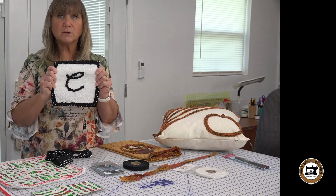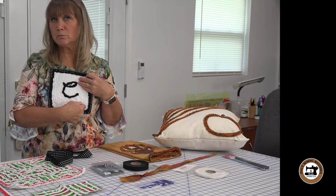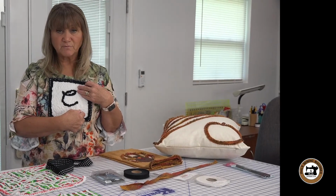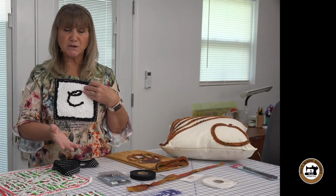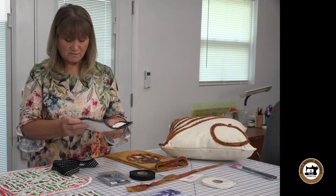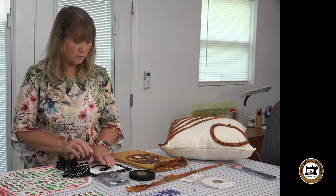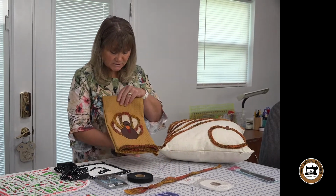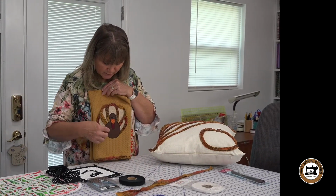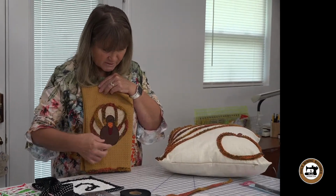And you can also create freehand with your friction marker, and then just stitch over that. You can do an initial, you can do floral, you can do anything you want and create your own design using the chenille. Another thing, I used applique on this one, and on the turkey feathers, I stitched down 5/8